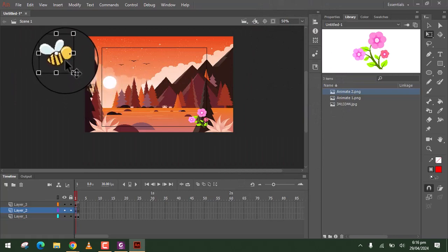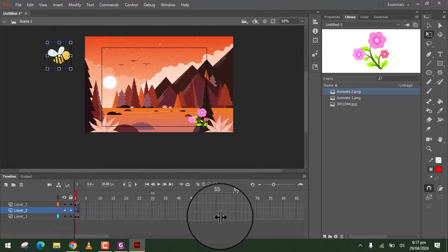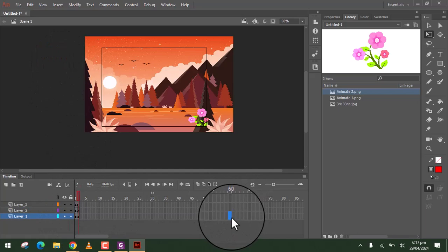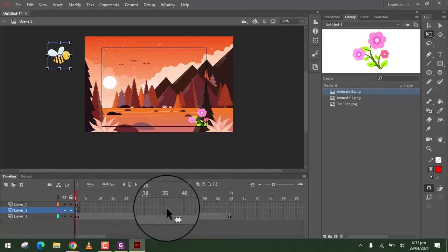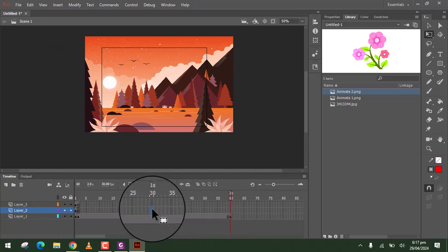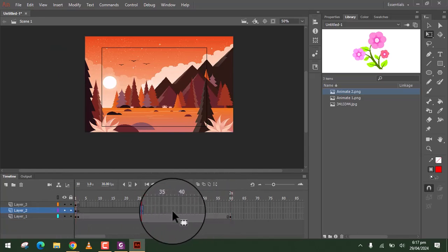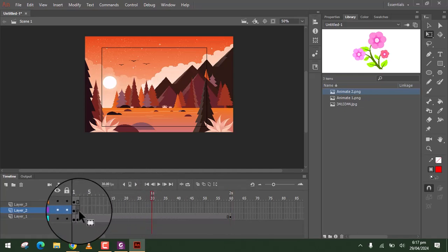If you want to animate your bee, like this. So for the layer 1, I will click it here and then F6 for the layer, and then for the bee, this one. I have an empty keyframe here.